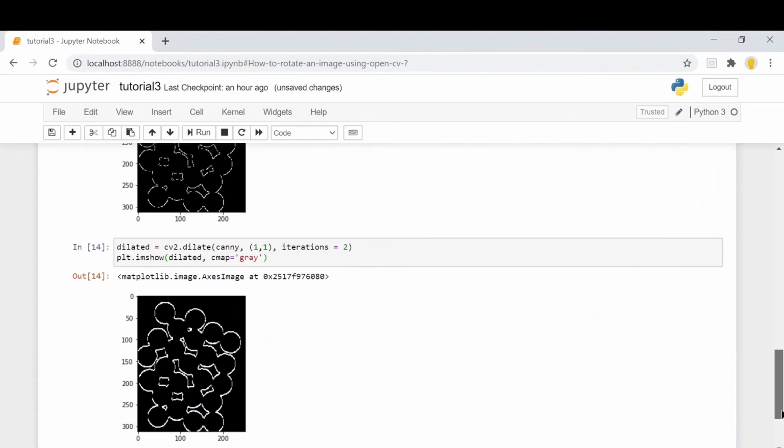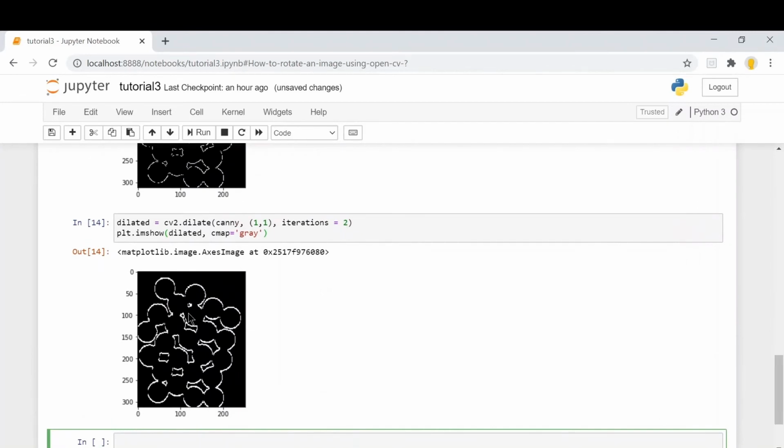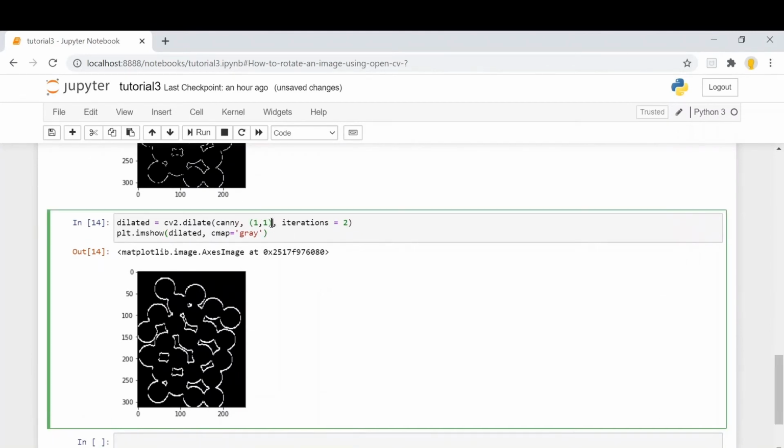Now if you see, the edges are more clear now. What the kernel size and dilate function do is move this kernel across the entire image, and if any white pixel falls under that window, it will make the other pixels white as well. We repeat this process twice, hence iterations equals 2. So now we can see the edges are more clear.